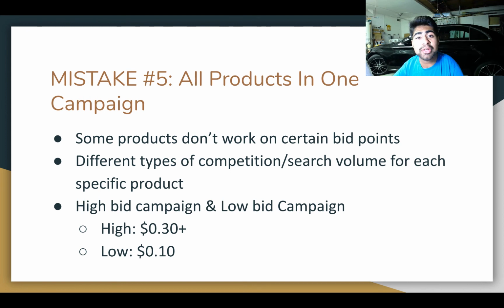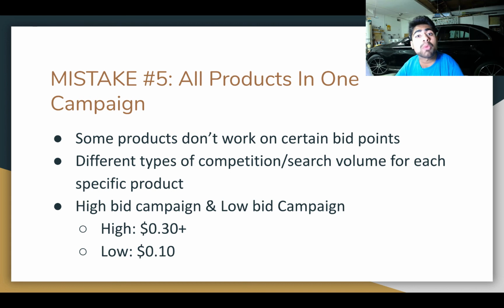So exactly how do you separate these specific campaigns with high bid campaigns and low bid campaigns? A high bid campaign is a campaign where the bid limit is at 30 cents or more. You'll notice that a lot of products do sell at this bid limit, but there are also a lot of products which just don't work at this bid limit. What you should be doing is starting another general campaign at the same budget as the high bid campaign, but set the bid of this low bidding campaign at only 10 cents.